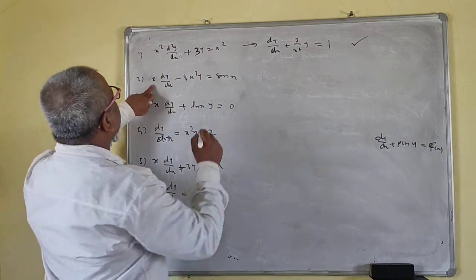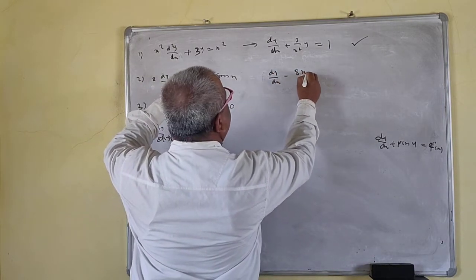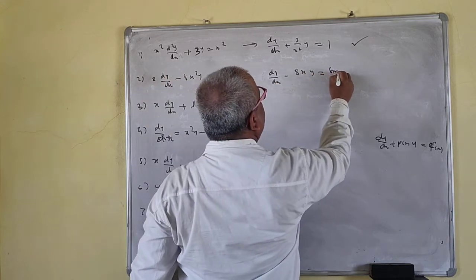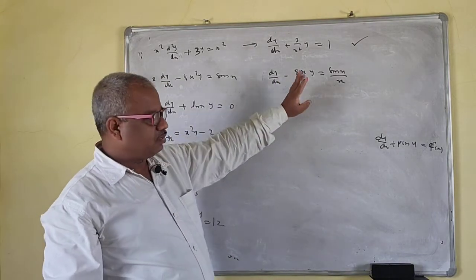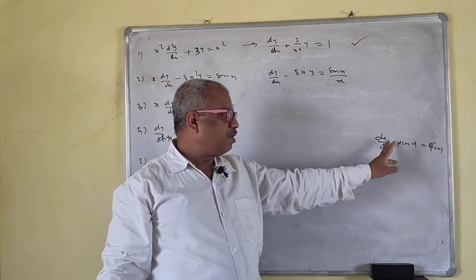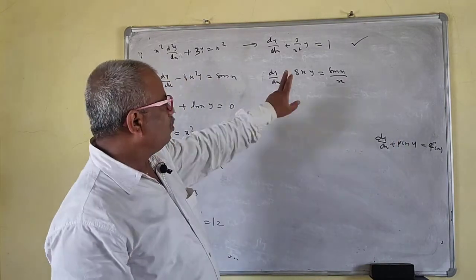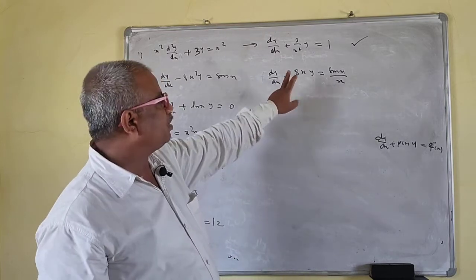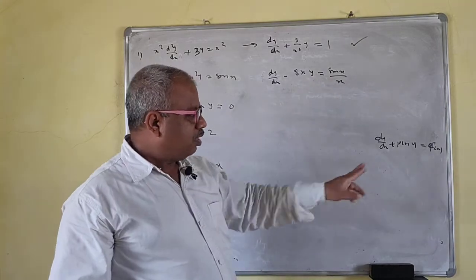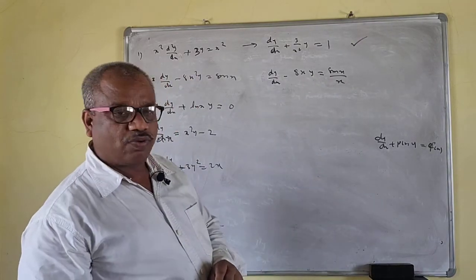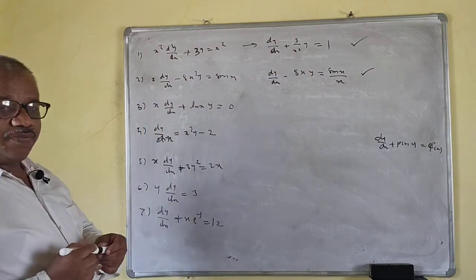Now here you don't want x, so I can write dy/dx minus 8x y is equal to sin x upon x. Whether it is minus or plus doesn't matter, because minus p of x is your new p of x. So I can write this p of x, only a function of x; minus 8x is your p of x. So this is of the form dy/dx plus p of x times y is equal to f of x. So this is a linear differential equation.